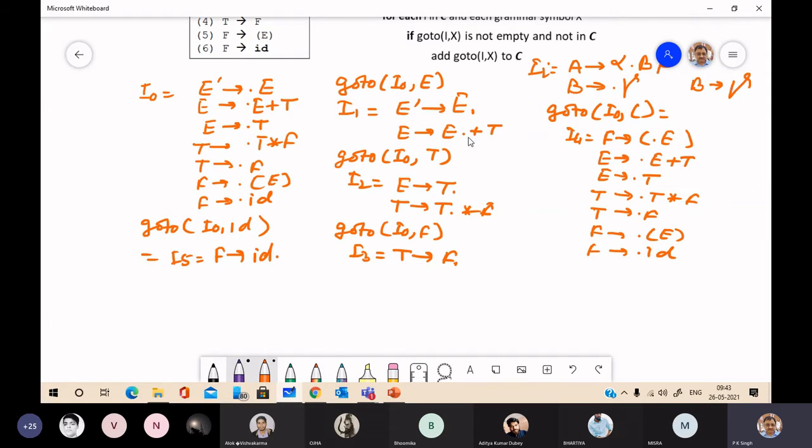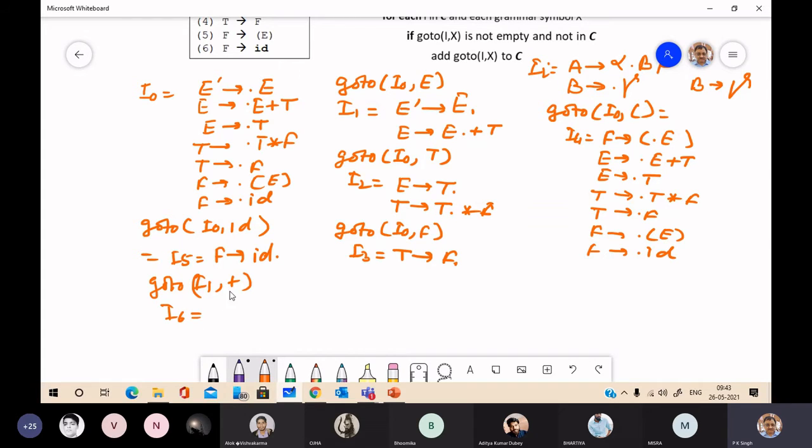But here you have the grammar symbol plus after the dot, so you can apply GoTo. GoTo(I1, plus) will give I6.